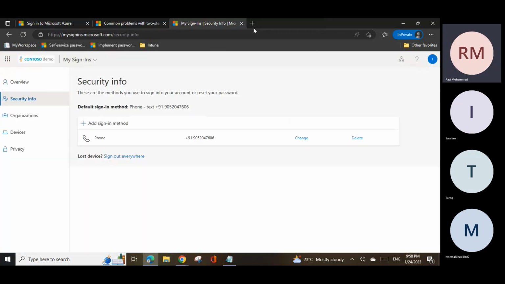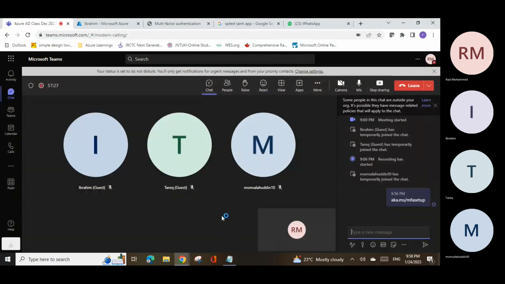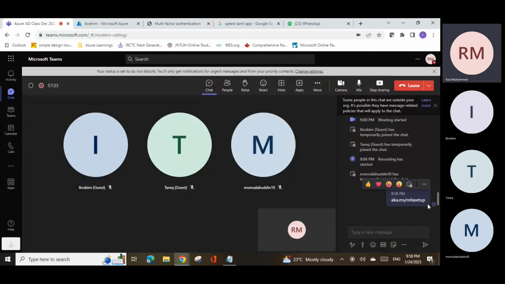ये एक सिनेरियो हो गया, ठीक है। अभी और एक सिनेरियो ये हो सकता है कि आपका फोन गुम गया, आप लॉगिन नहीं कर पा रहे, ठीक है। तो अब आप सिक्योरिटी इन्फो पेज लॉगिन करेंगे ak.ms/mfa setup, वहां पे भी आपको पहले वेरिफिकेशन पूछेगा, MFA पूछेगा। लॉगिन करने से पहले आपको MFA कंप्लीट करना है, राइट। अब आपका फोन गुम गया, आप MFA कंप्लीट कर ही नहीं सकते, देन यू कैन नॉट इवन लॉग इन टू द सिक्योरिटी पेज, राइट।